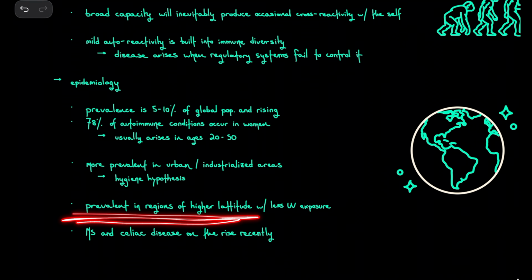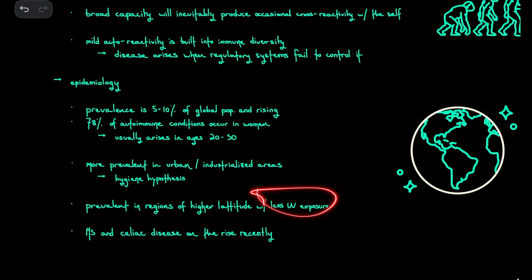Prevalent in regions of higher latitude with less UV exposure. We'll certainly see that with MS. So yes, UV radiation is correlated with increased rates of melanoma. If we're not wearing sunscreen, increased DNA breaks mean you're running the risk of developing melanomas, carcinomas on the skin. That's not to say sunlight is bad for you, though. Sunlight in general is very helpful because it initiates that vitamin D synthesis pathway. And you have a lot of calcium-dependent